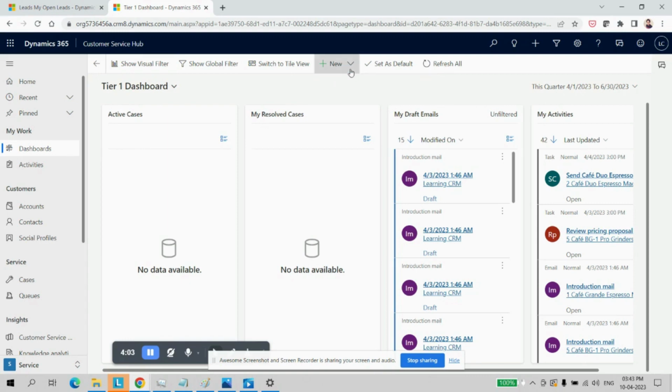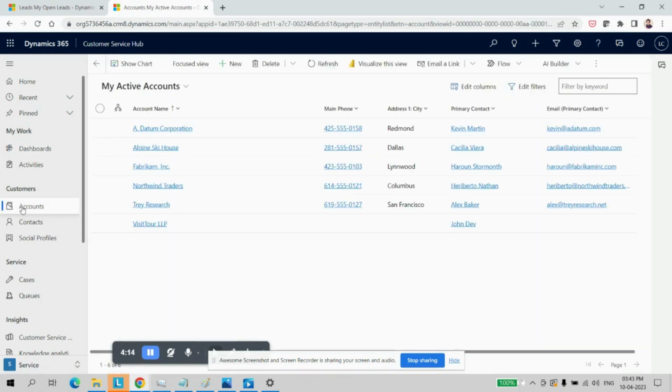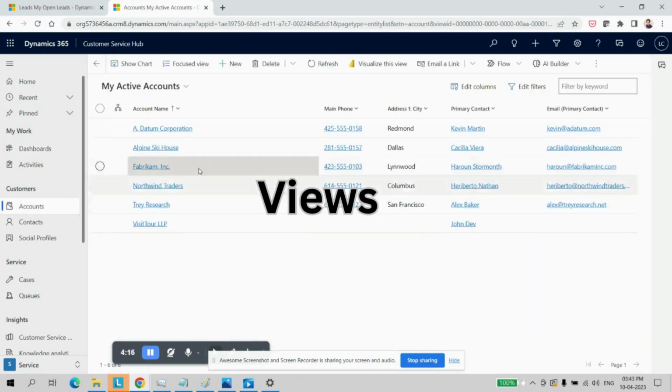This we will see in depth in the future videos. So now move on to the next component. So first let's open any of the entity. So now here whatever thing you can see, these are the list of records available to the accounts. So these accounts, we have added some filters over here. So here you can see the name of the filter is my active accounts.